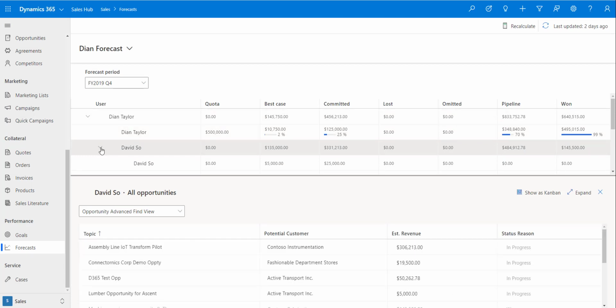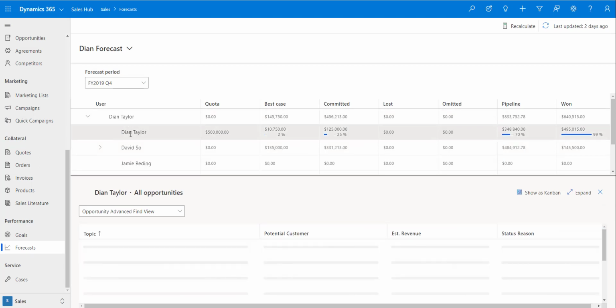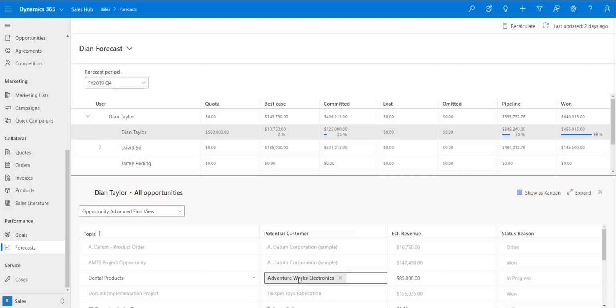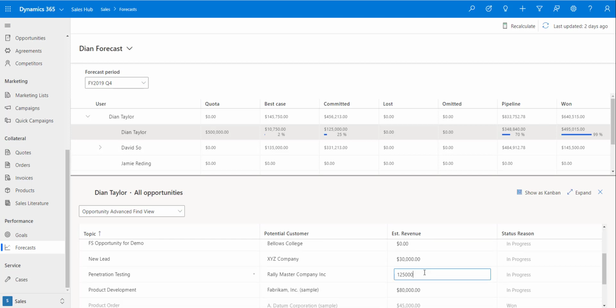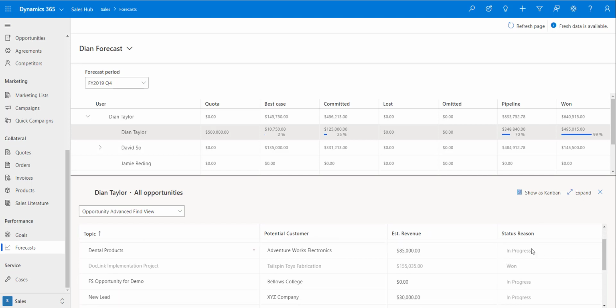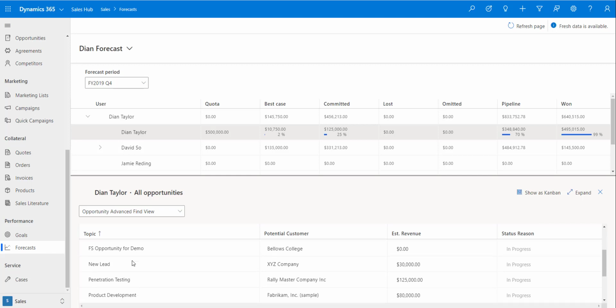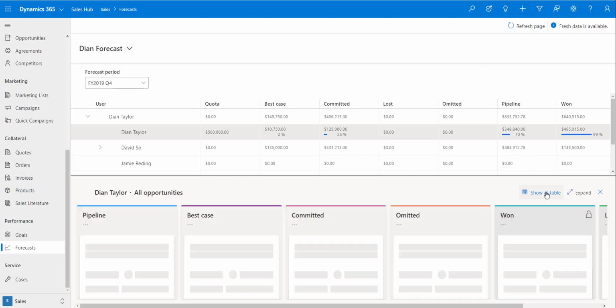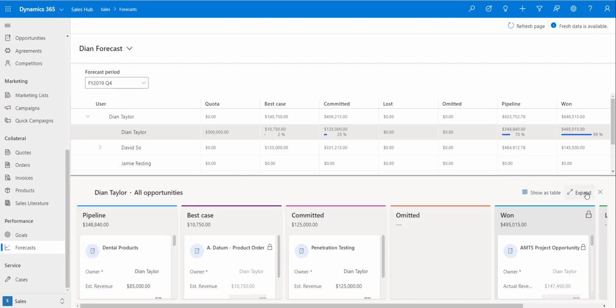Now let's take a look at my opportunities. And as you can see, I have the ability to update the data in here, right? As long as it's not closed yet, right? So the one is, for example, closed. This one is still in progress, so I can just go ahead and update that. I can change the potential customer, I can change the topic, the name,